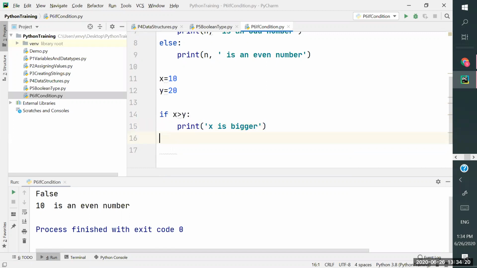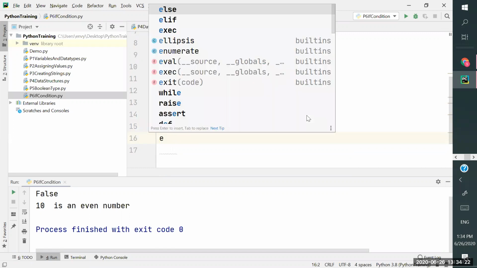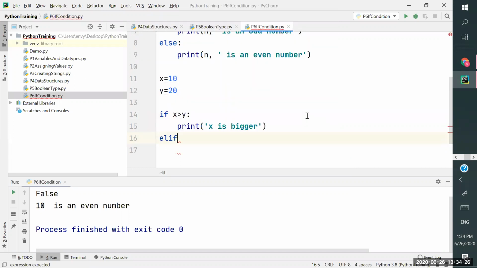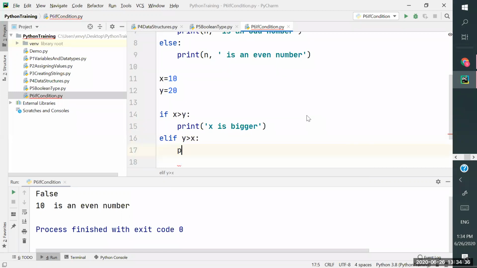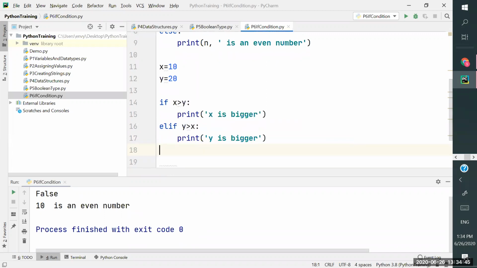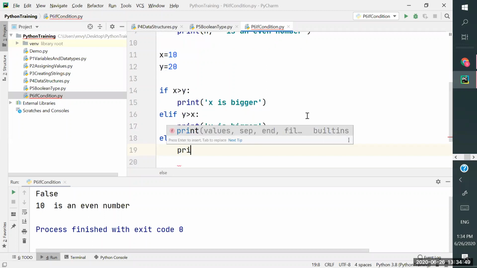Now again, else. Instead of else if, we have to use elif, right? Elif y greater than x. So print y is bigger. And finally, else. I'm writing print both are equal.